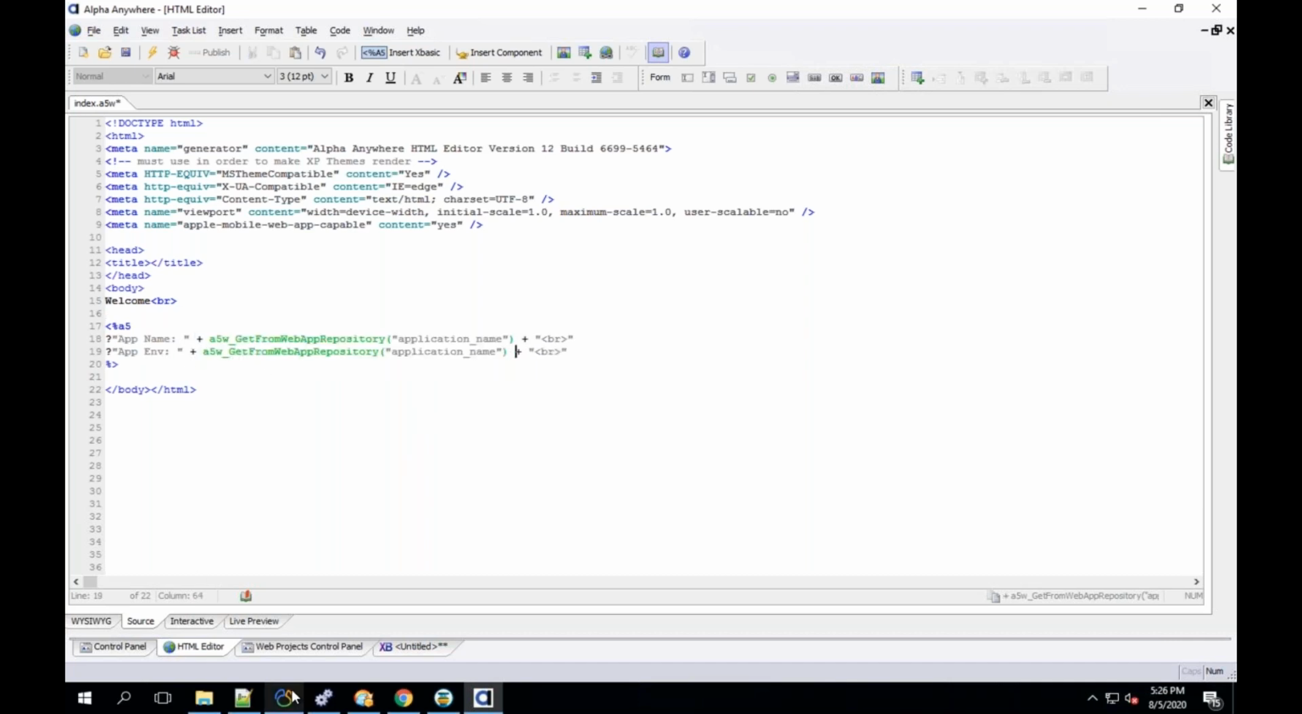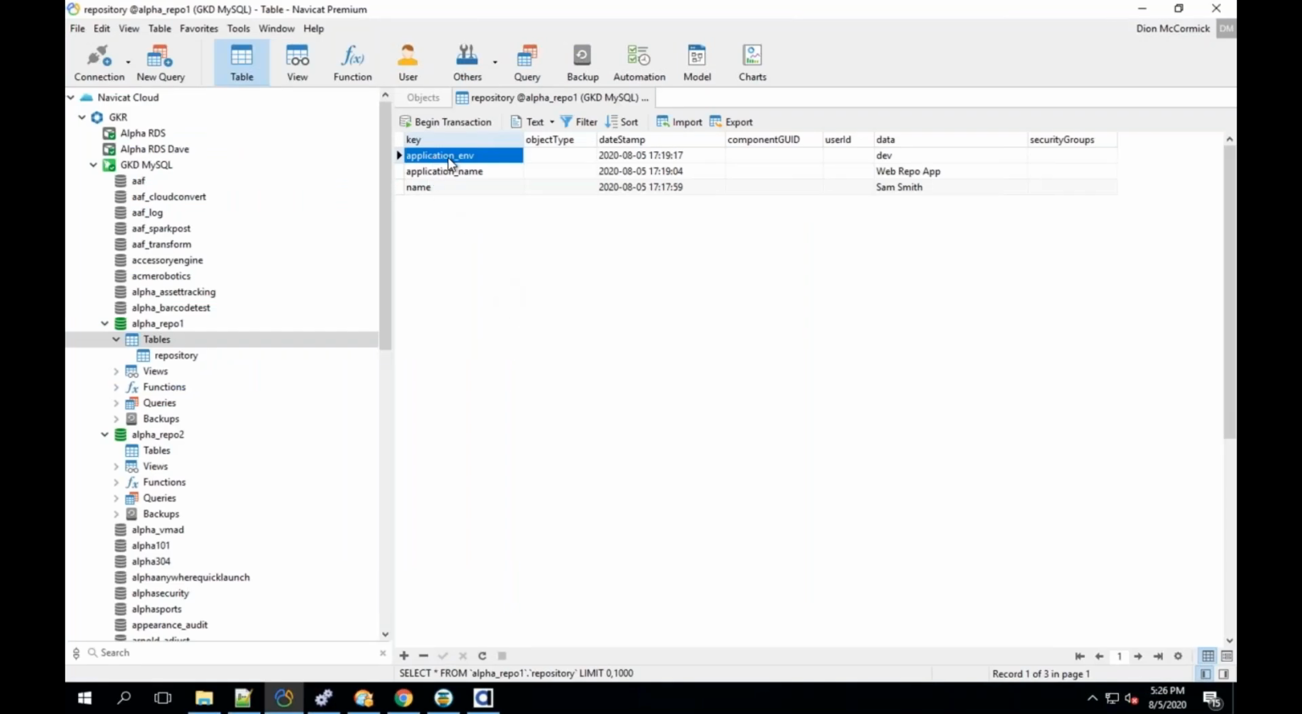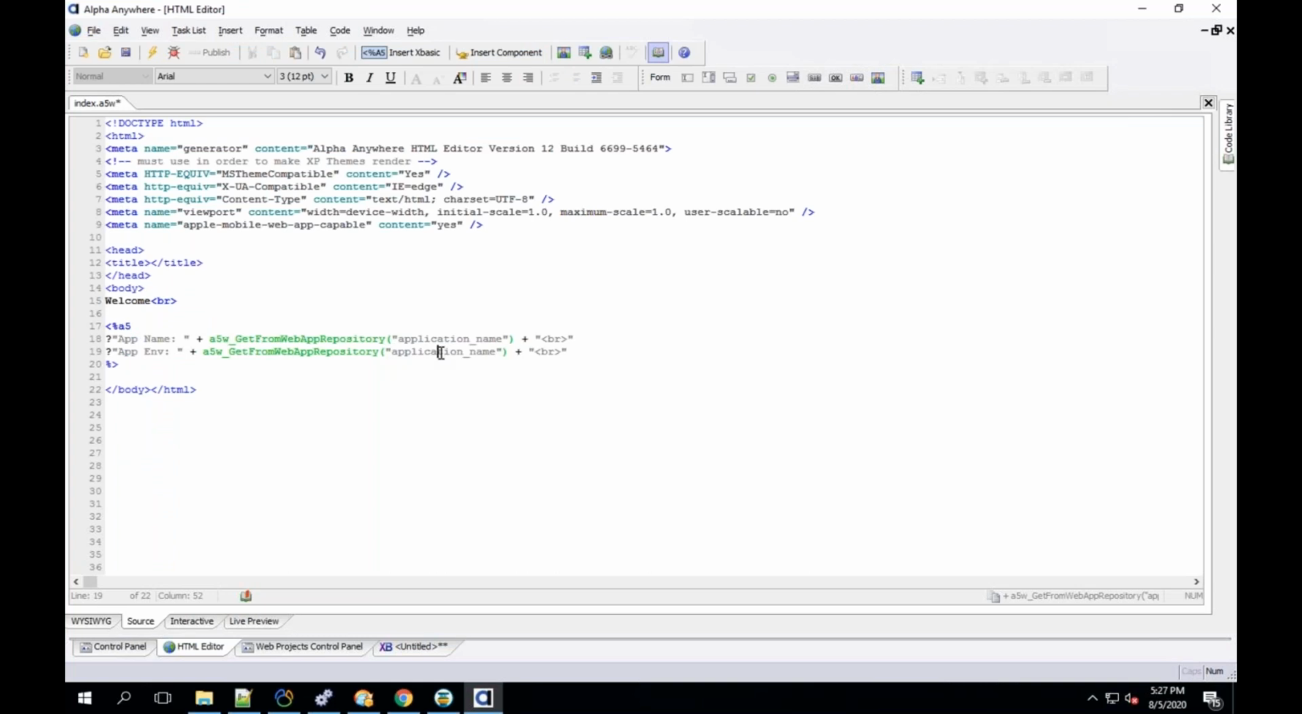And then for my second item, I'll go ahead and copy this here. What I want is for the app environment, I'm going to look for application_env. So I go here and I go application_env. Okay, save that, publish it, and let's go back into my browser, do a refresh, and voila. You'll see this is that static text inside my XBasic, but then what it did is it read